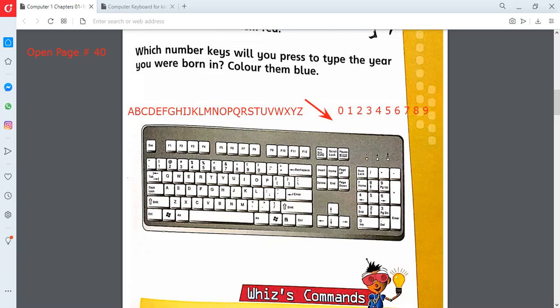We can do slideshow on the computer and play games. He asks, okay. We can use the keyboard to make slideshow. Yes, play games. There are two things. For typing, we use keyboard. With the help of mouse, we can create slideshow. The clicks we can do with the mouse. But for typing, we use keyboard.